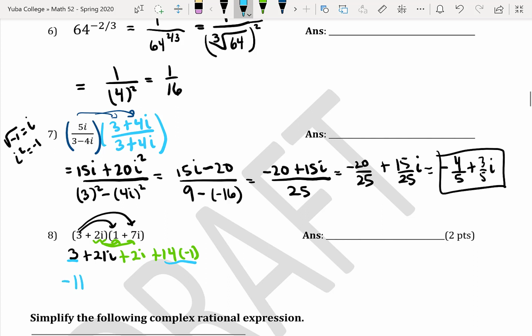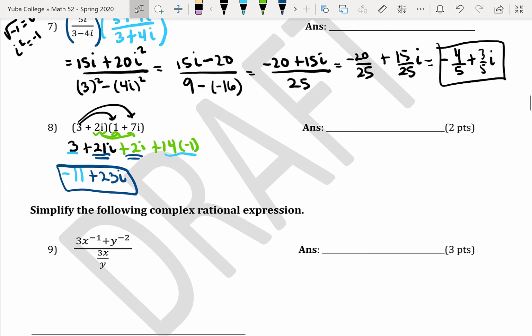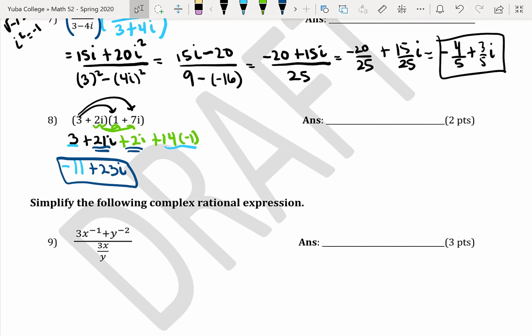So simplify the following complex rational expression. Here's a case where we first want to rewrite this so that the negative exponents are positive. We need to be careful because there's more than one term in our numerator. When we rewrite this, we're only bringing down the piece that has the negative exponent. So 3x to the negative 1 power is the same thing as 3 over x, plus y to the negative 2 power is the same thing as 1 over y squared. Well, this is our numerator. And then we're going to put this all over our denominator, 3x